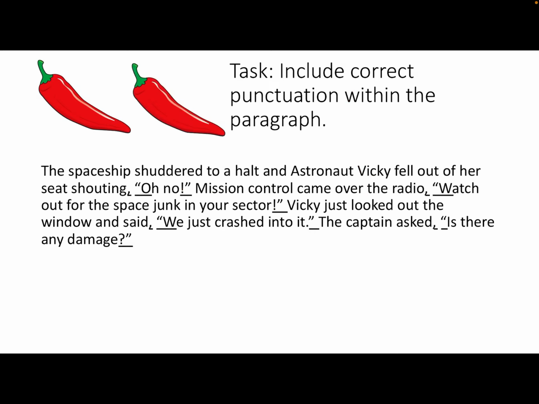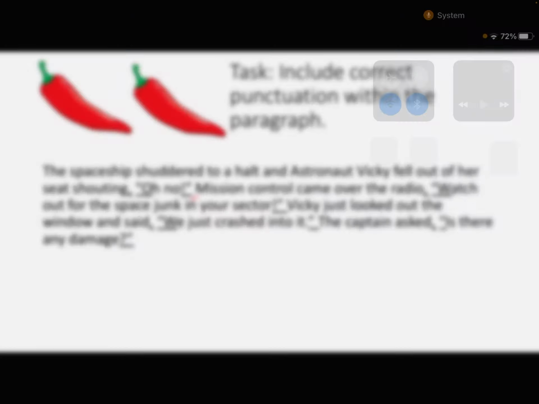Here we go. Oh no, mission control came over the radio. Watch out for the space junk vector. Vicky just jumped out. I'm going to pause this. I'm not going to go through all of it. Pause it. Have you got it correctly? If not, correct it yourself. So I look forward to seeing this. It's a very complicated skill. So as I say, please don't panic. We will be covering this next week as well, because we know